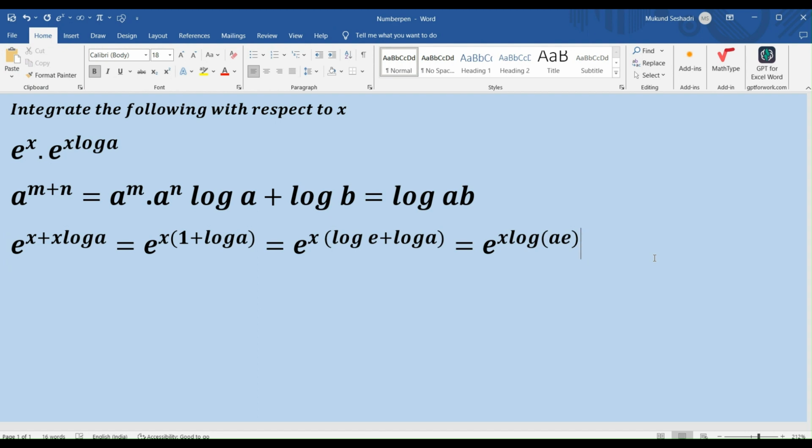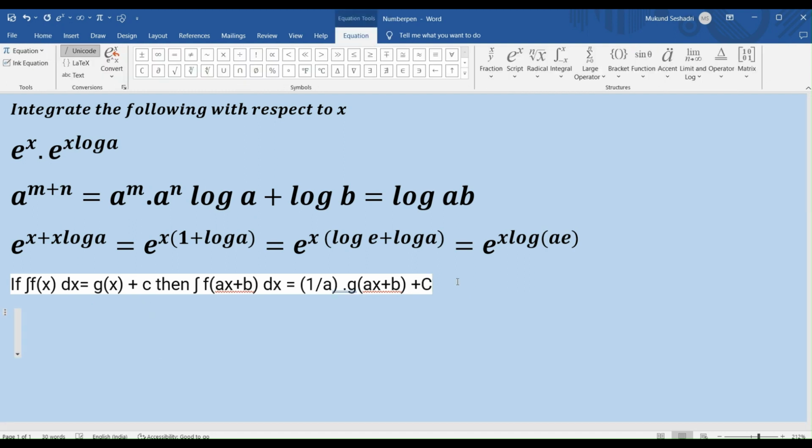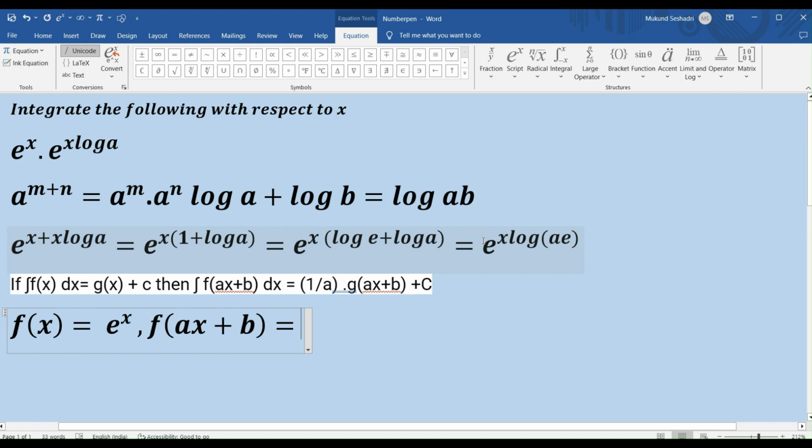And now I'm going to draw your attention to what we learned in some of our earlier videos, and I've also pasted that in the description. This is it. So if integral of f of x dx equals g of x plus c, then integral of f of ax plus b dx equal to 1 by a times g of ax plus b plus c, right? So I know that my f of x here is nothing but e to the power x, right? And my f of ax plus b is nothing but